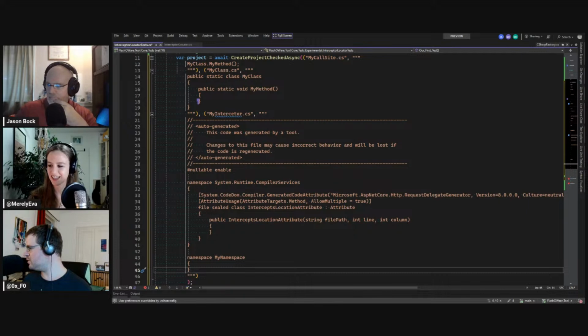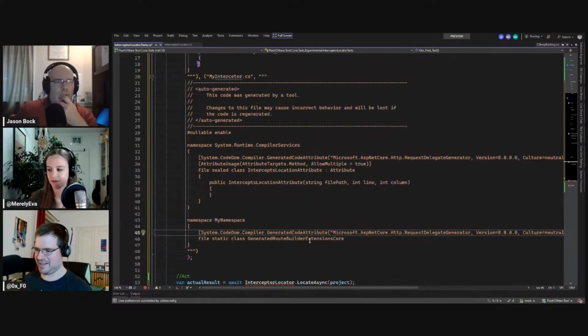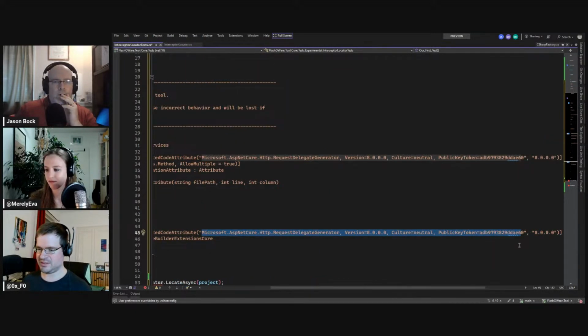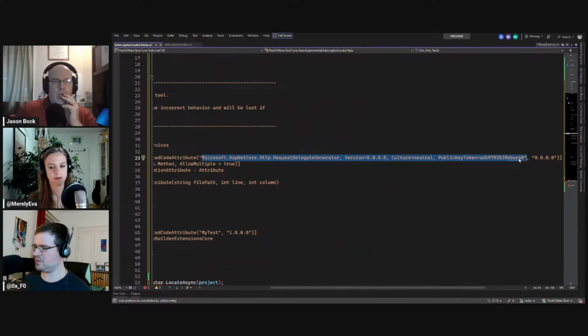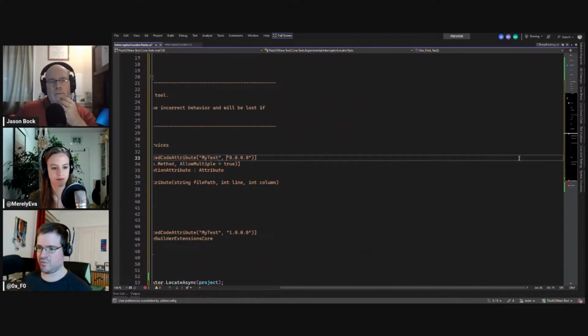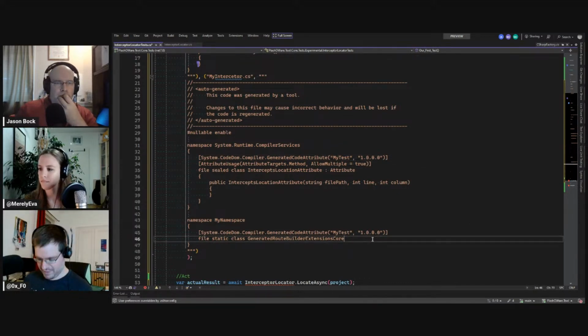My namespace. And now this will be on a file local type that has this generated attribute. So this will be my test version 1. I guess here too. My test version 1. And also the interceptor method.